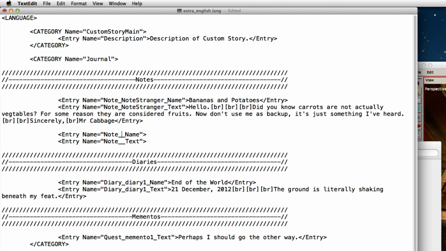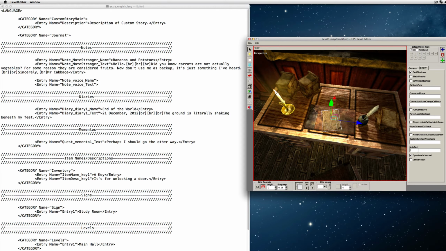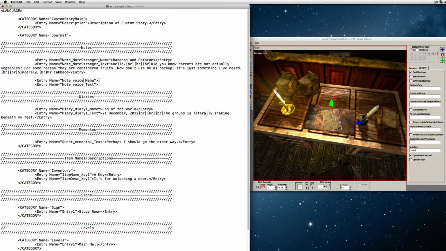So I'm just gonna write, let's say, voice and voice. So that means voice will be the name of the actual letter. So you go into the editor, and at the bottom you need to write voice or whatever you named it. Remember to press enter, and that will connect this note to the text that is inside here. But right now you also got to do opening and closing diamond brackets again and do /entry, and you need to do this on both,